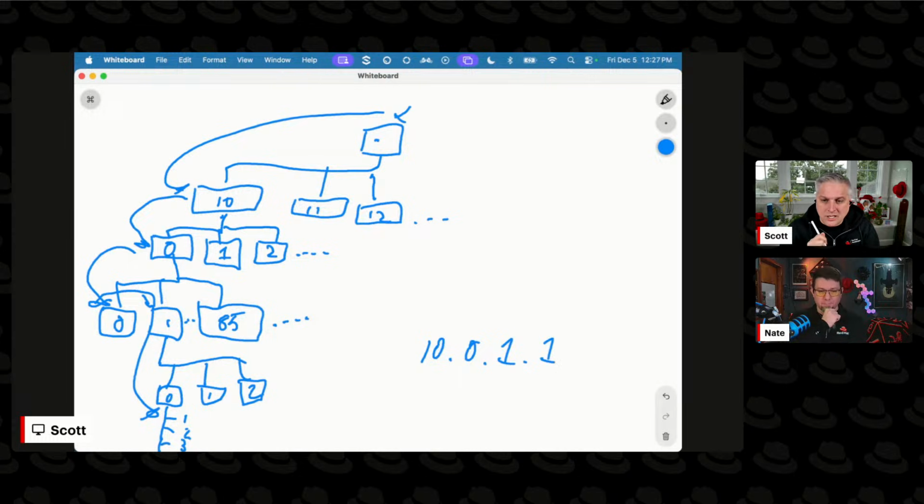So if I was to put in a DNS record for this guy, I would say that one is a pointer to that host name. Right. And then the actual domain that it would belong to.